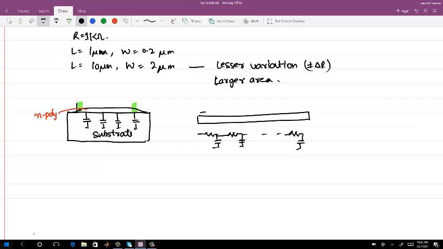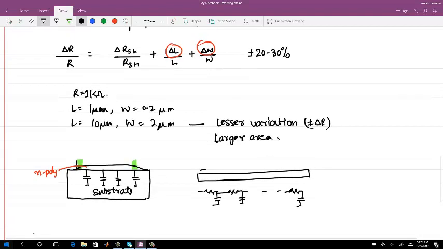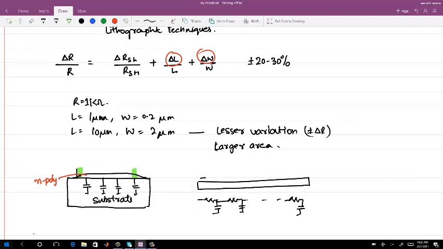So if you think that I will increase the metal width to reduce the resistance and lower the resistance drop, the thing is that you are also adding more capacitance on the path. So be careful about when you use it, whether the capacitance is important for you or not. Okay. The other, so this is about the process variation, which we say that okay, RSH changes, delta L and